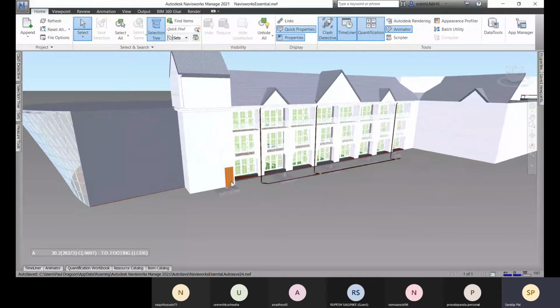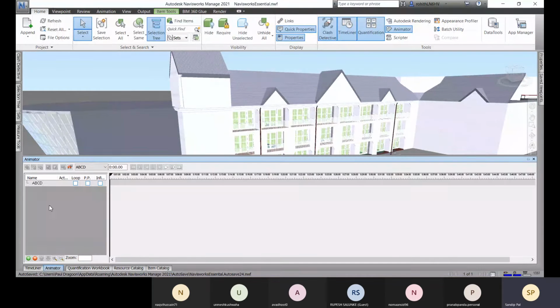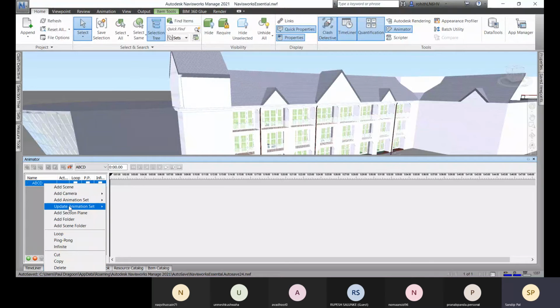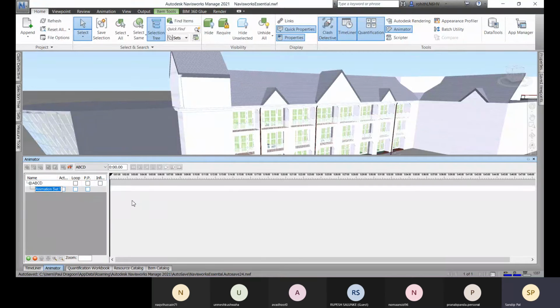So first let me select it, go to this animator, right click on it, and click on this add animation set from current selection.